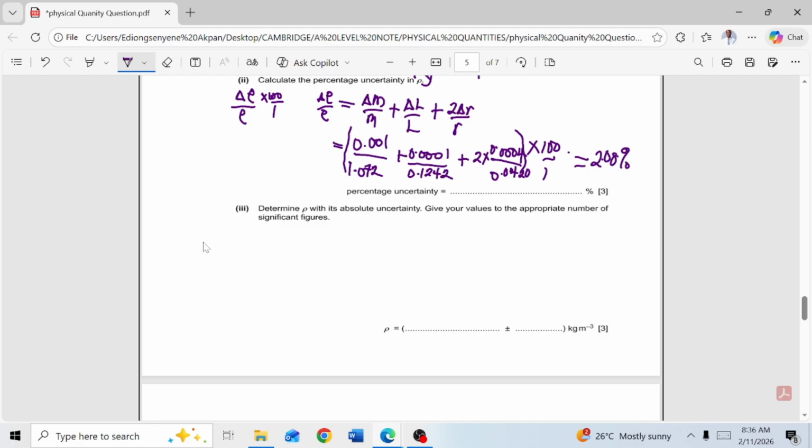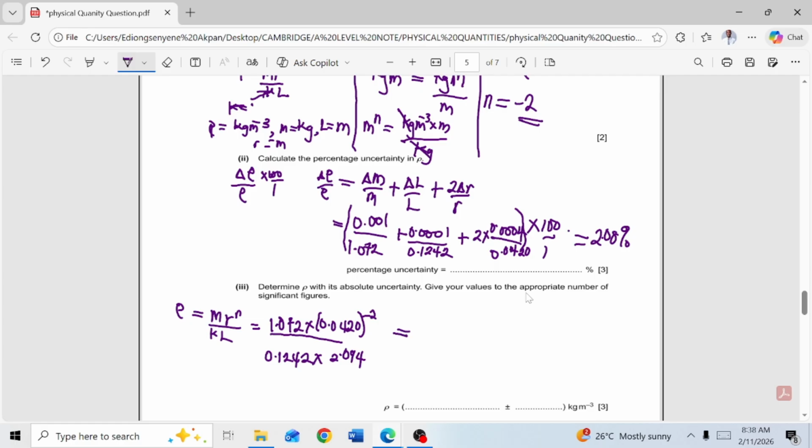Determine density with its absolute uncertainty. We will use the equation to find the density. Rho equal to m r raised to n over k l. We substitute the values. Let's put it in our calculator. The answer here is 2336.67. So the absolute uncertainty will be equal to